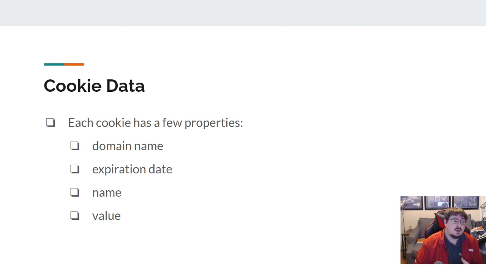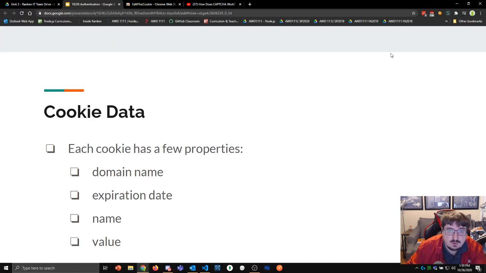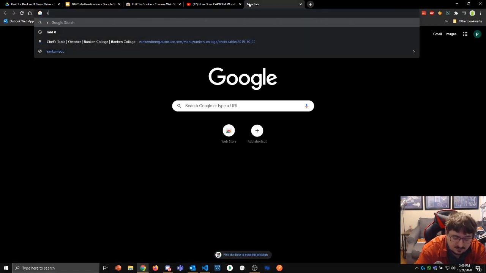So cookies always come with a small set of properties. They always have a domain name, which is kind of who issued the cookie, what website issued the cookie, who does it belong to. So for instance, if you're on the Ranken website, and actually that's probably a good one to check